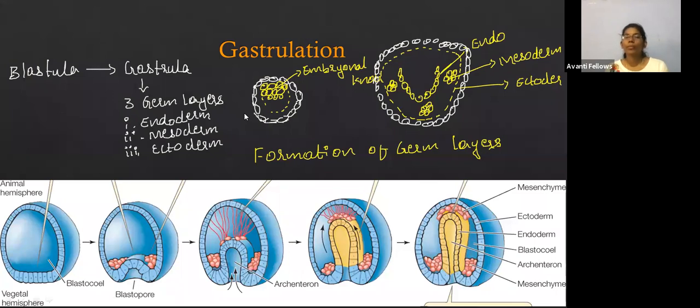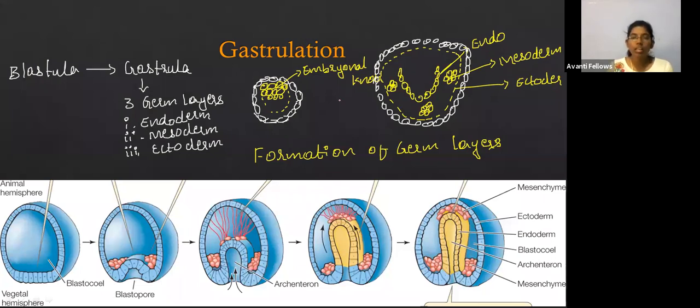Okay, so how is the gastrula going to be formed? Gastrulation happens when the three germ layers are going to be formed. So some few cells of the embryonal knob start to divide and form a layer inside called the endoderm wall, and few more cells divide and form a lump or group of cells. Those are called endoderm, mesoderm, and the last few cells that remain form a complete layer that is called ectoderm. That's it. This is how the three germ layers are going to be formed.